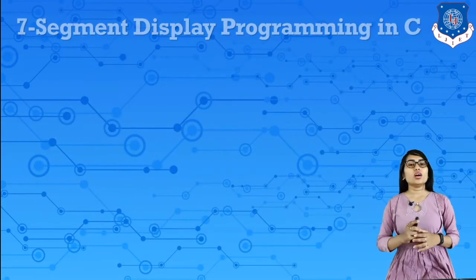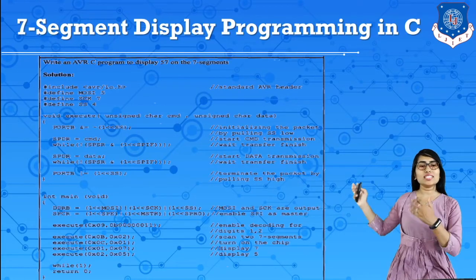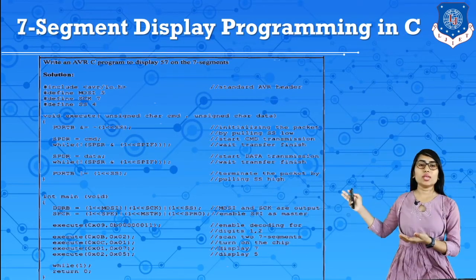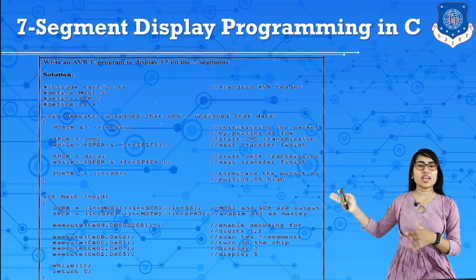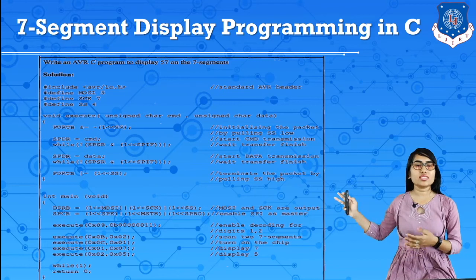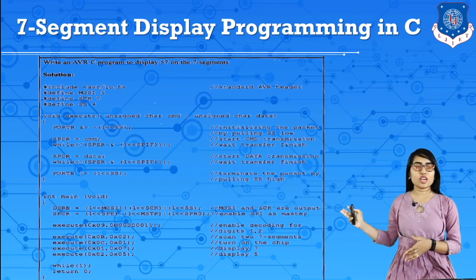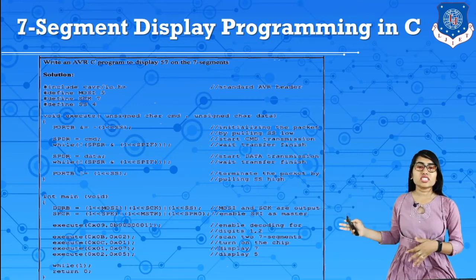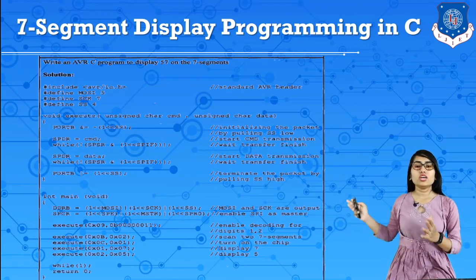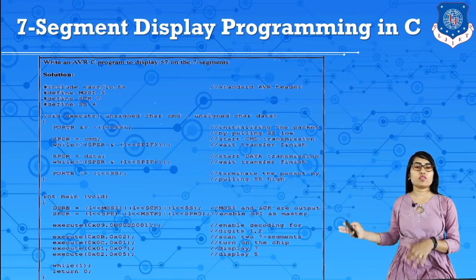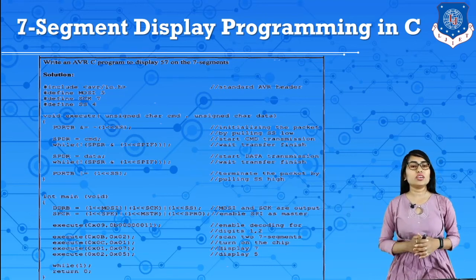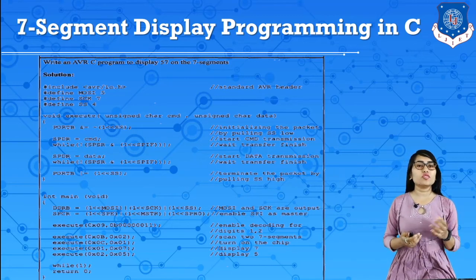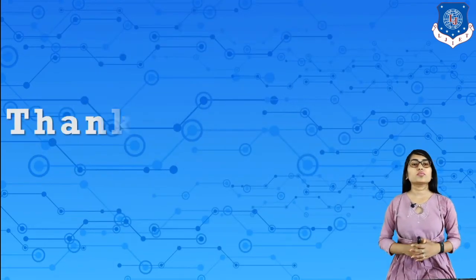So here we have the same program in C language like this. We can make port B an output and make connections like this, and then initialize the SPDR register. Here we initialize the DDRB register and the value of the SPCR register, and then execute this to scan the 7 segment, turn on the chip, then display 7 and display 5. So this is how a 7 segment display can display the number 57 on 7 segments. Thank you.